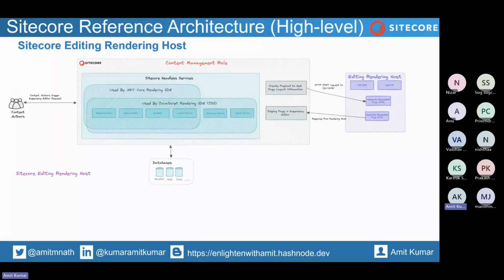You will be sending a request to your front-end endpoint like slash JSS render, and there you will also pass the name of the page, like slash home, slash about us, slash contact us. Those are the item names. On the basis of that, it will generate the data with the help of the JSS SDK